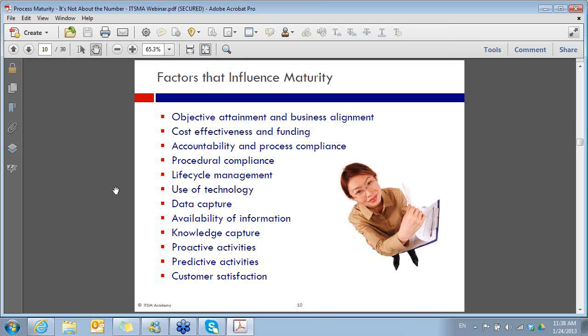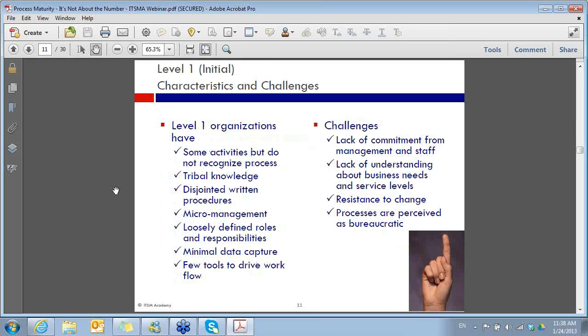And of course, a big bottom line and kind of most important factor is customer satisfaction. And in this context, I'm talking about the customers of a given process, right? So these are the folks who are the recipients of that process. They're receiving the results and the outputs associated with that process. And this goes back to that notion of, are you engaging all of your stakeholders and making sure that you're getting their requirements and you understand their requirements? So generally speaking, those are the factors that influence maturity.